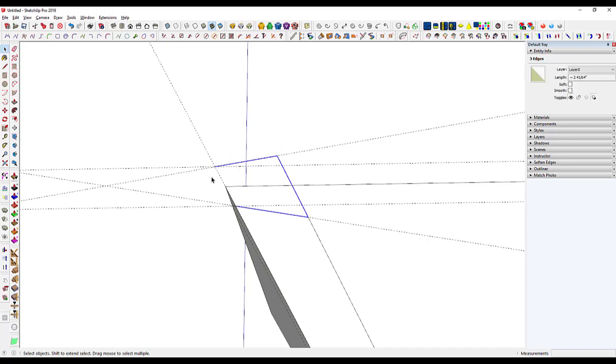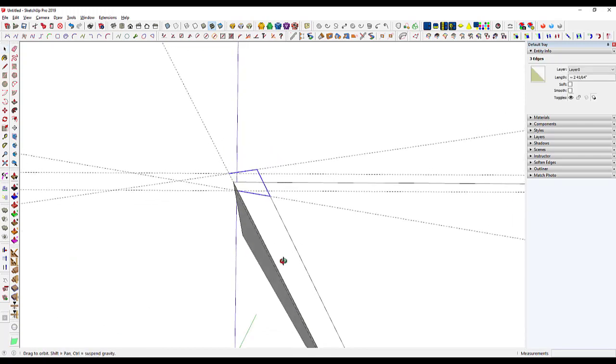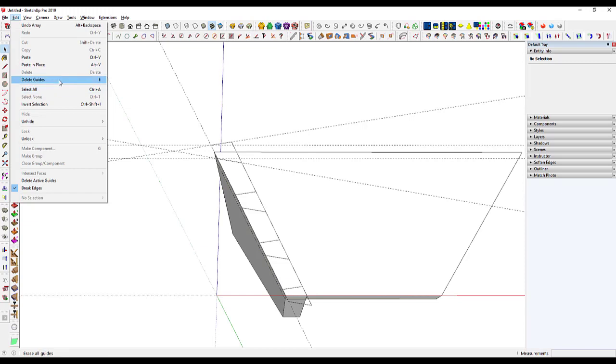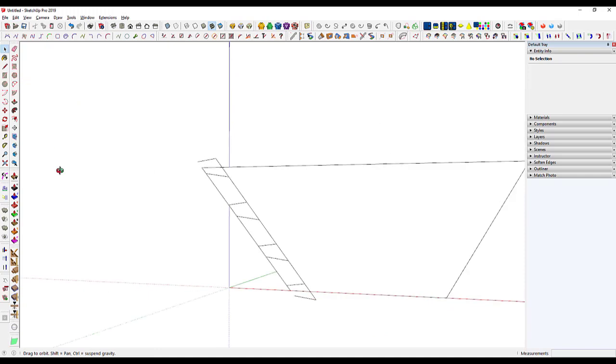So that's my layout lines for the dovetail pins. And now I'm going to copy those lines down to the bottom with the move copy, hit enter, divide by 3, and that'll give me the layout for all of these things. I'm going to delete the guides. I actually have a keyboard shortcut for that, but I'll show you in the edit menu, because we're finished with